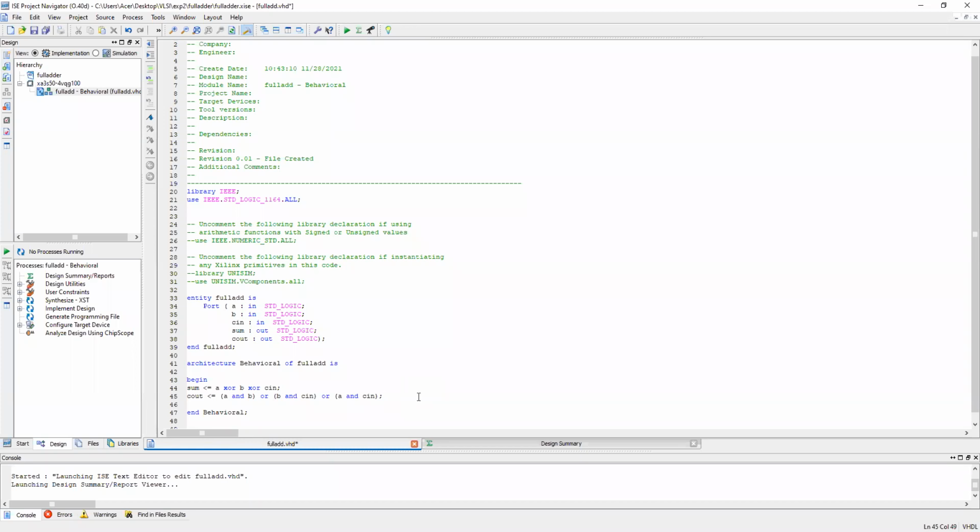Now you have written the code. The library part appears automatically. You have decided the entity part and you have written the architecture part also. That means the main architecture code. Okay. Now, in any software, in any language, once you have done with the code, what do you do? Either you compile or synthesize, right? Should we not check whether the code is written correctly or not?